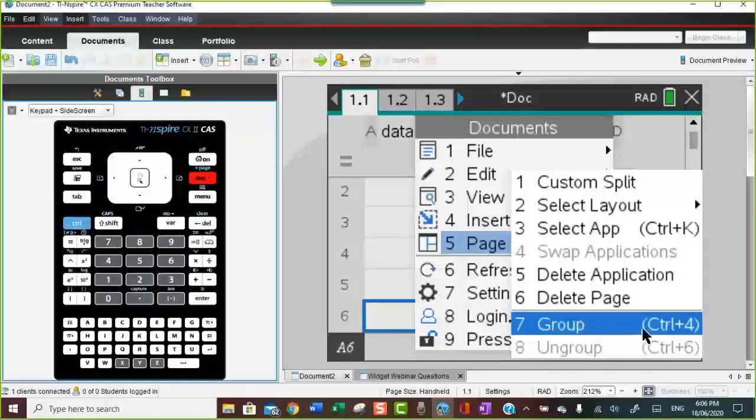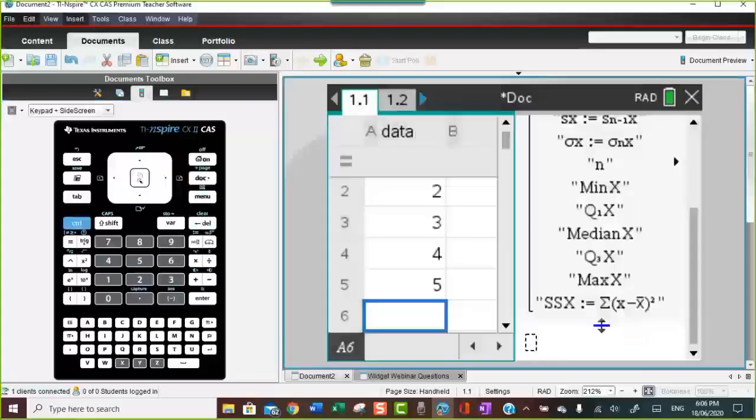I'll also draw your attention to the shortcut there, Control-4. Okay, so if I hit that, you can see now I've actually combined the first 2 applications on the first 2 pages. And so I'm going to, well, I could actually do the same thing again to combine the 3rd page, but remember that shortcut that I just drew your attention to,